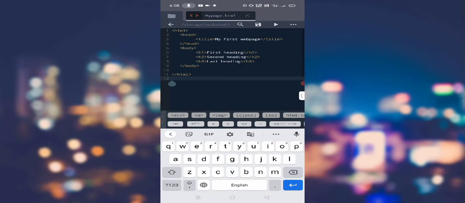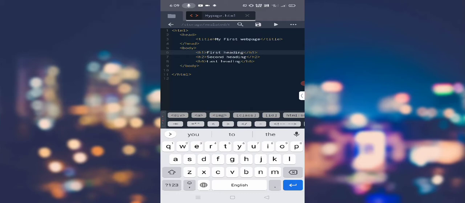And another section is the body section. This section contains everything that you want to display on your web page. Actually, this section contains the content of the web page. If you want to display a picture on your web page, then you put some tag for your picture here within the body section. If you insert a paragraph or heading for your web page, you need to write some tag in this section, the body section.